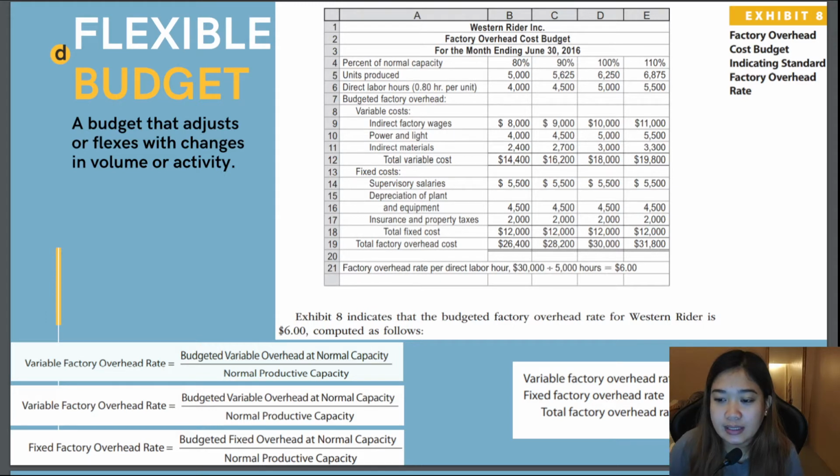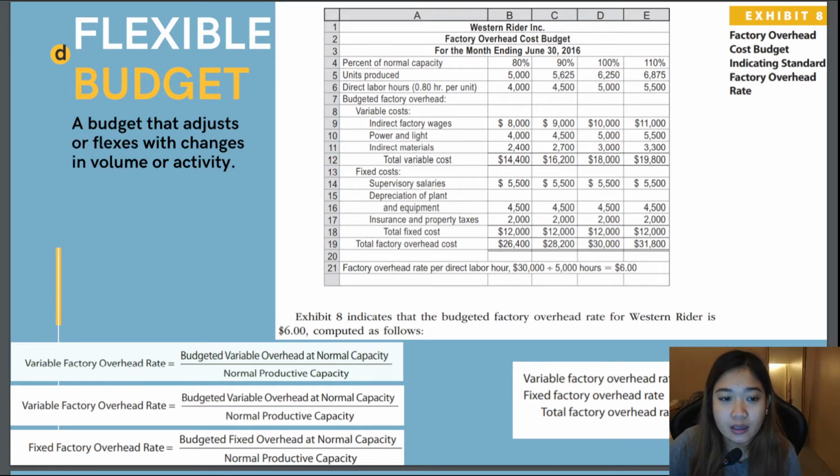So this is computed as budgeted factory overhead at normal capacity over normal productive capacity, which we have 30,000 total factory overhead cost over 5,000 direct labor hours, which equals $6 per direct labor hour. But for Western Rider,